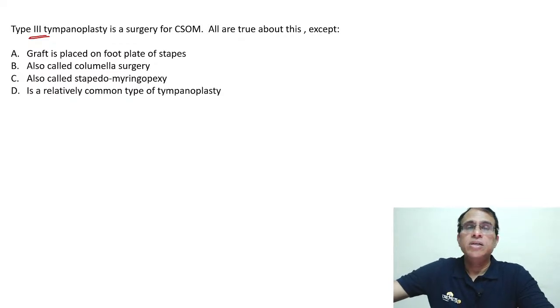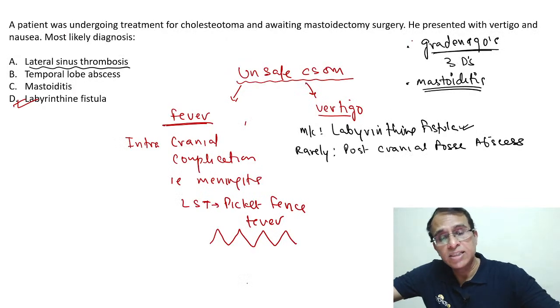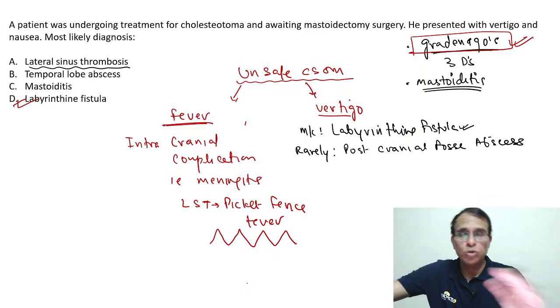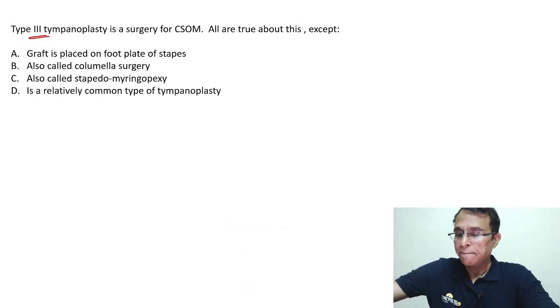Yes, Dr. Strange, petrositis causes Gradenigo syndrome. I'll go back to that. Petrositis is the one that causes Gradenigo syndrome. So since I said Gradenigo syndrome, it includes petrositis in that also. But coming back to this particular question,